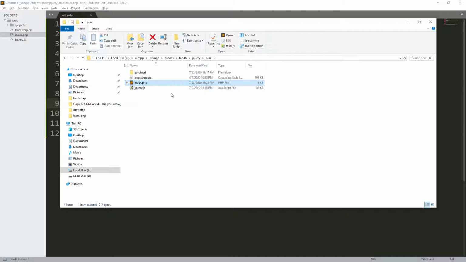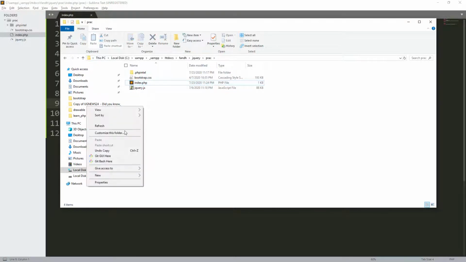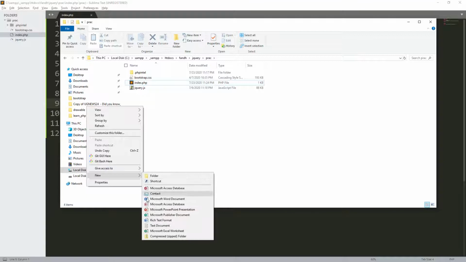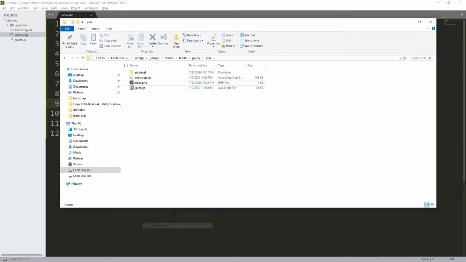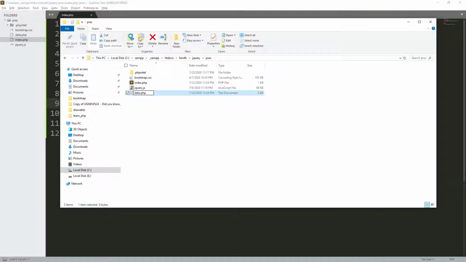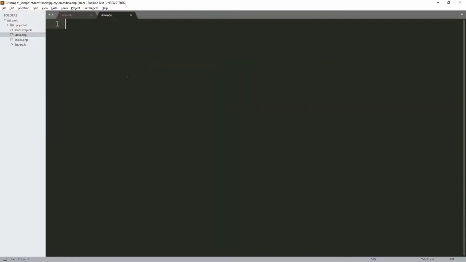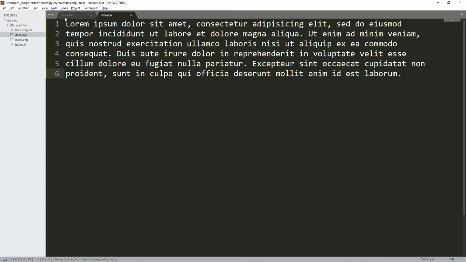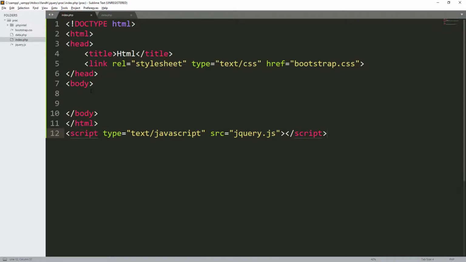Now assume that I have another file called data.php. This is another, external file. In this file I have some lorem text. Now I want to load or process this file without refreshing the whole page.